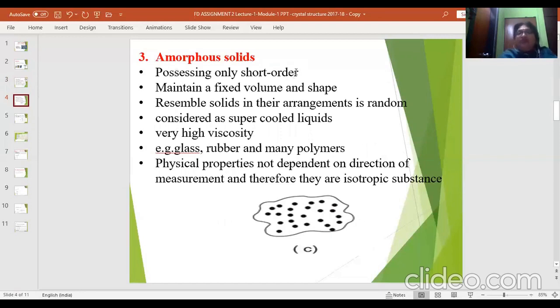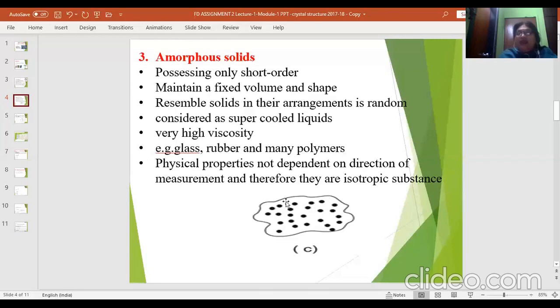It will not have a good long range ordering. That means if I have these two atoms, they may be at a distance of 3 Angstrom. Another one, it looks something like 5 Angstrom. Another is something like 6 Angstrom. Again back to 2 Angstrom. Again some 3 Angstrom, like that. So it's not having a good range of ordering of the periodicity. That is, geometrically, periodically they are supposed to be there, but the long range ordering is